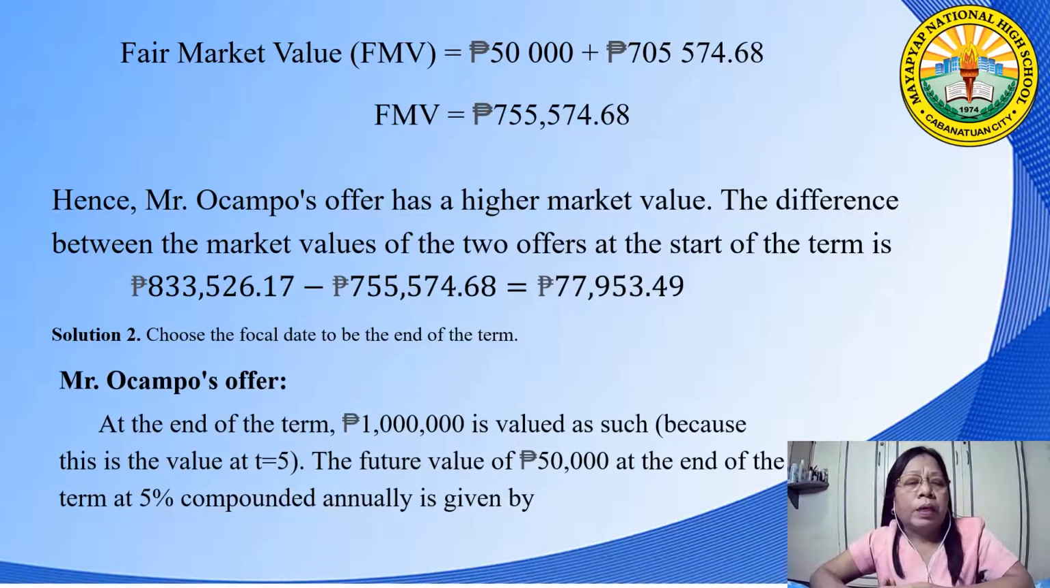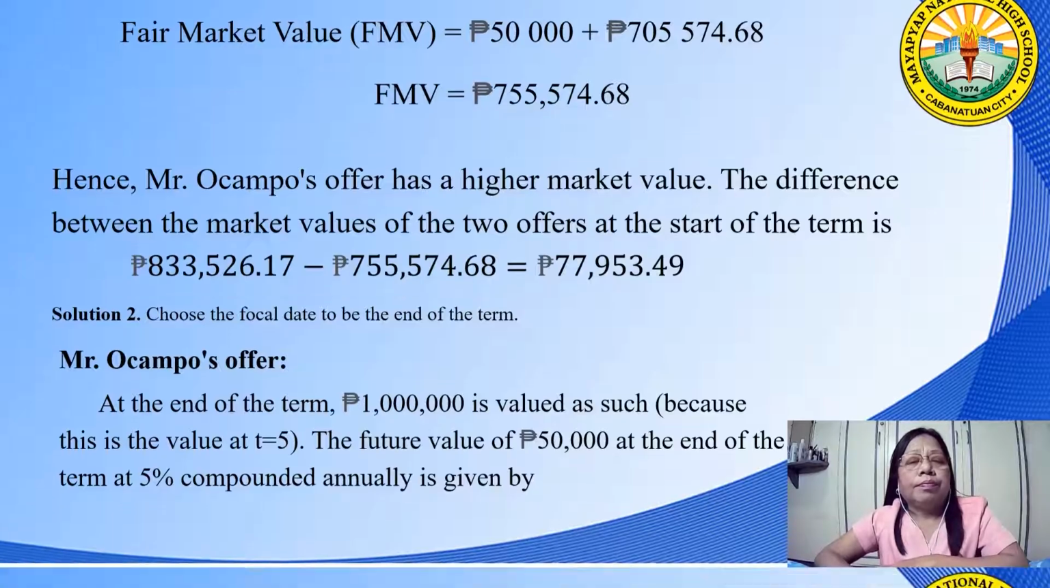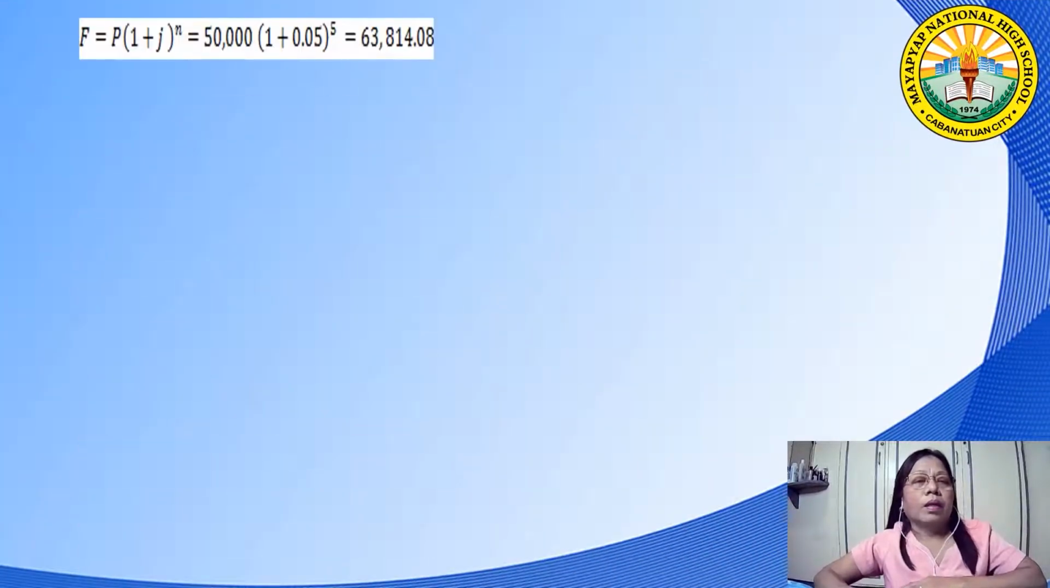Mr. Ocampo's offer at the end of the term, 1 million pesos, is valued as such because this is the value at t equals 5. The future value of 50,000 pesos at the end of the term at 5% compounded annually is given by F equals P times quantity 1 plus j raised to n, which is 50,000 pesos times 1 plus 0.05 raised to the fifth power, equals